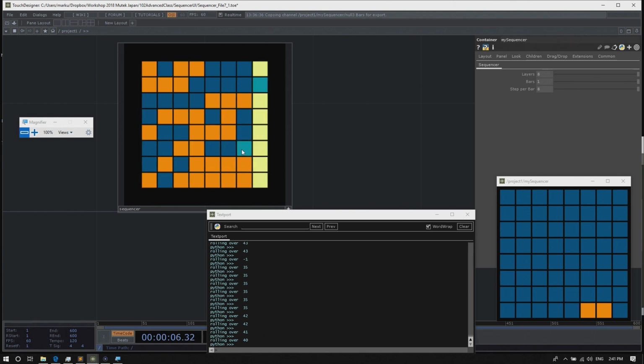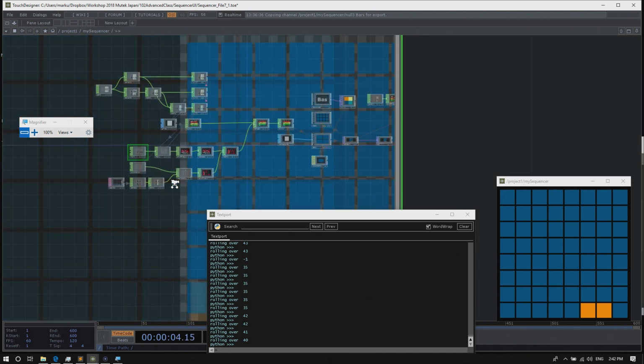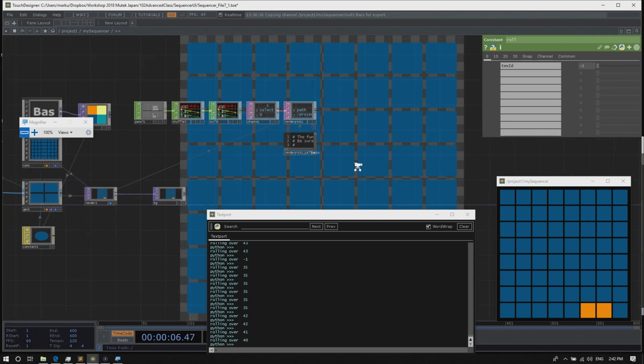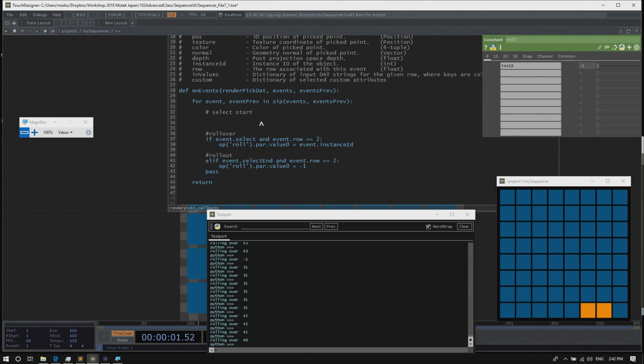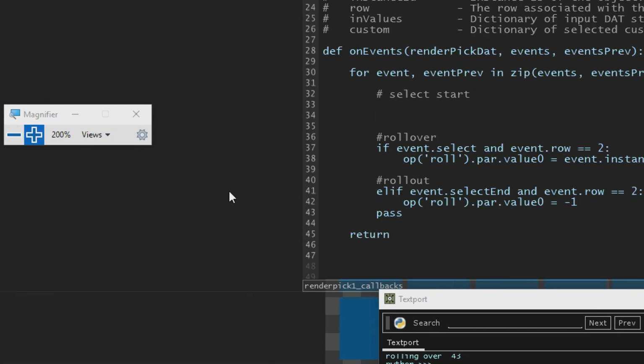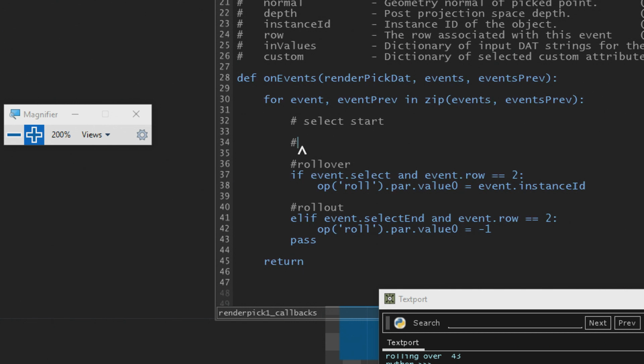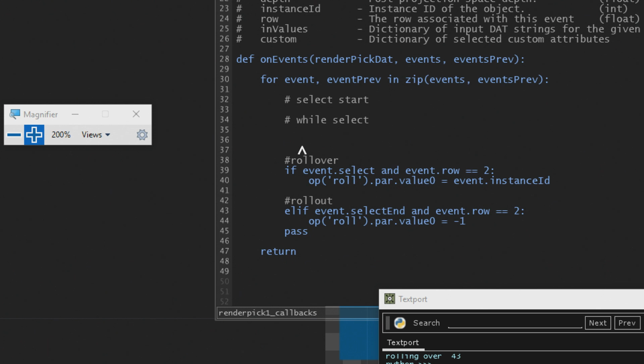We want to run some script when we click onto a button while we drag around, because we're toggling between on and off, and when we let go. So it's 3 states: select start, select, and select end. We'll get the select status the same way as rollover and change the values to give feedback in the UI.